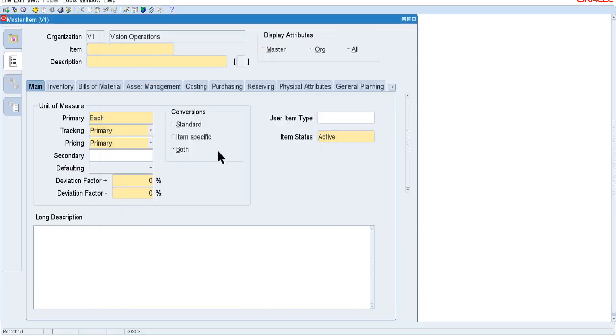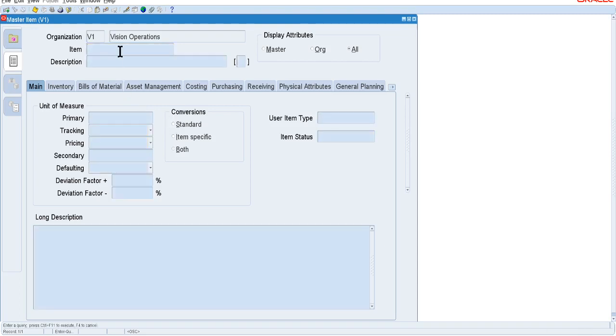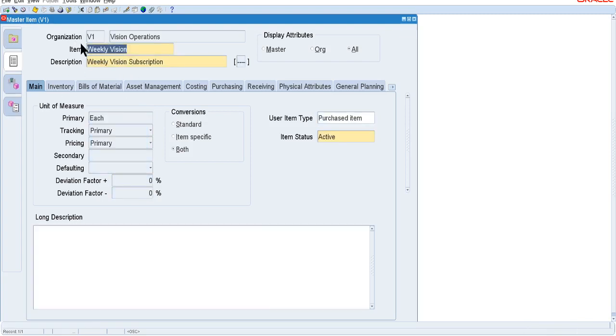Hello friends, I am going to explain in this video service contract subscription. Before moving to the service contract screen, we need to understand the setups for subscription items. So let me check the setups. I am taking one item as an example, Vision weekly visits. You can see this is the information, that this is active and all that.